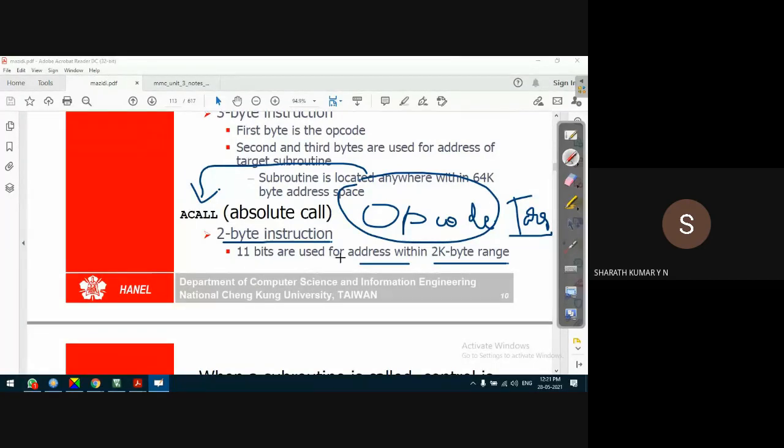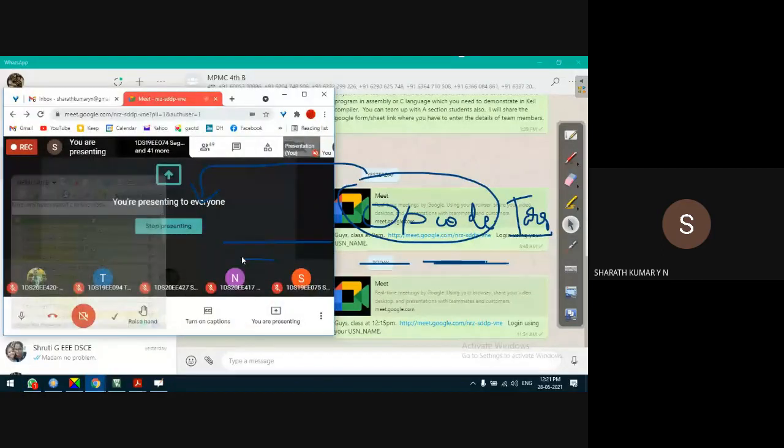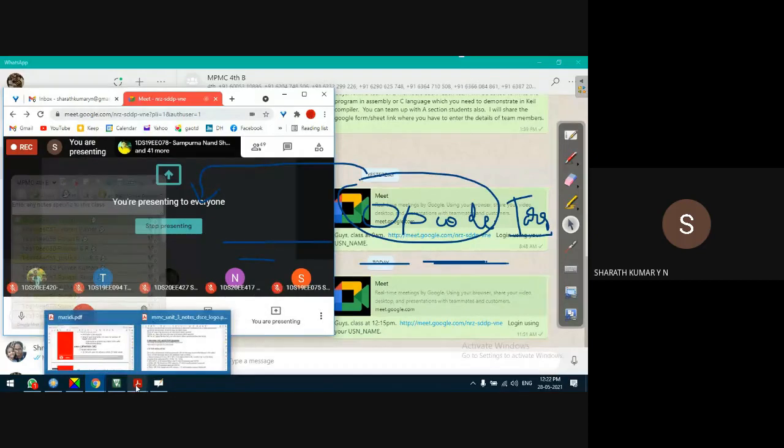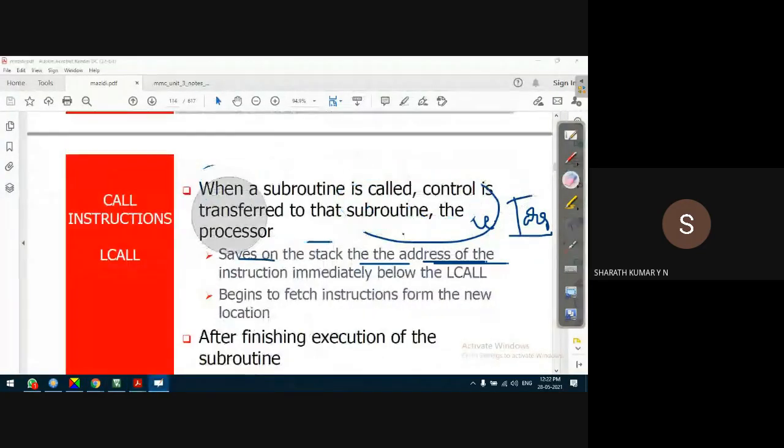Because it is within a page, 11 bits are used for the target address. Let us see how it works with an example, and we'll understand the subroutine call instructions.